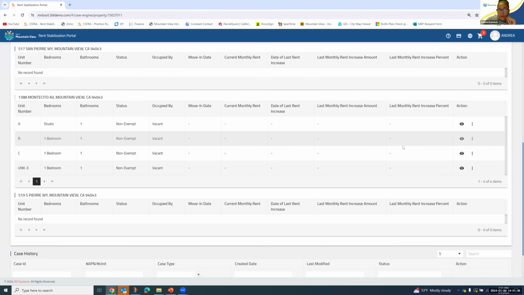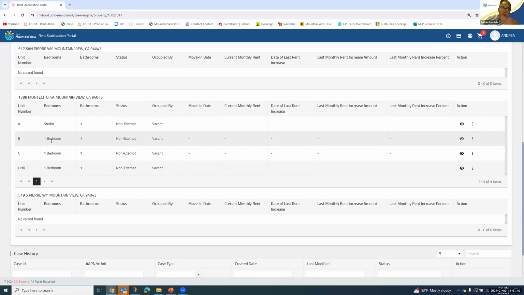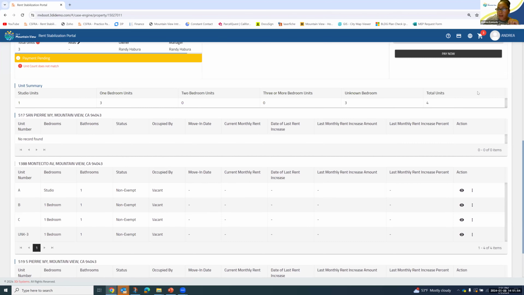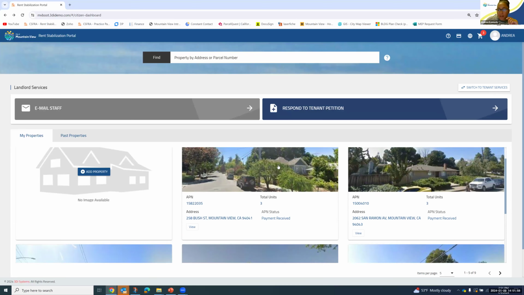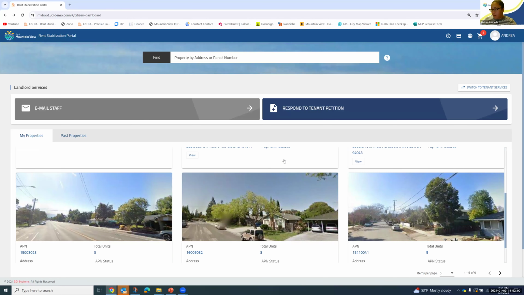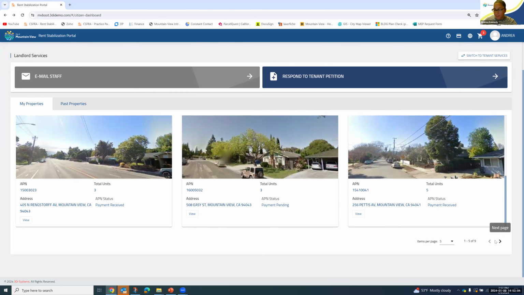All these sort of what we call amendments, these little changes to the system, they need to be reviewed by staff, and then once it's approved, it will show up in your system. If you already have a tenant in your system, there will be an option that says change in rent, so you can do change in rent that way. But yeah, the edit button would be gone, and you would just do everything through the amendment.